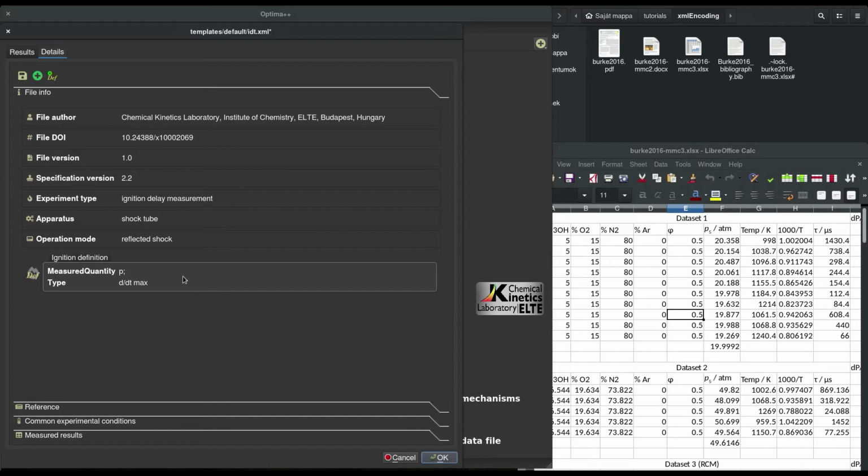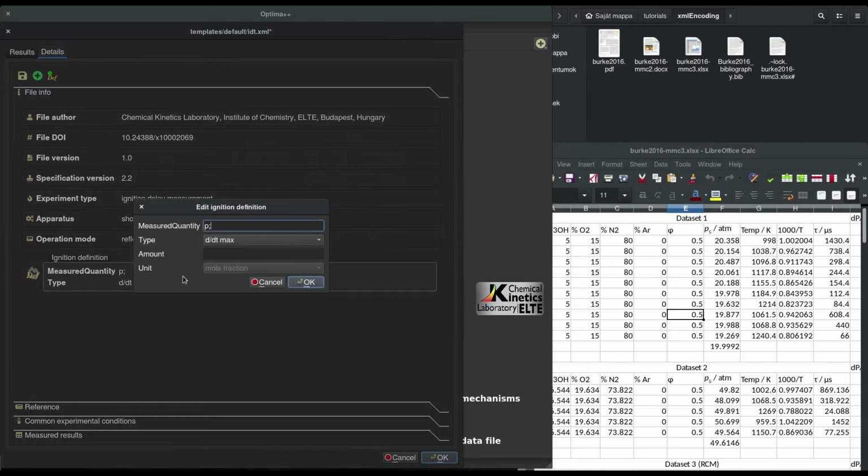If we double-click on it, we can define the measured quantity and select the type from the drop-down menu. In the Burke et al. article, the ignition delay time is defined as the maximum of the dP per dt profile, so the default values are fine.